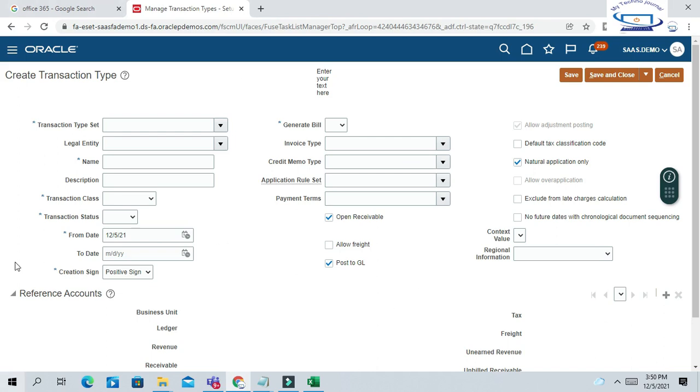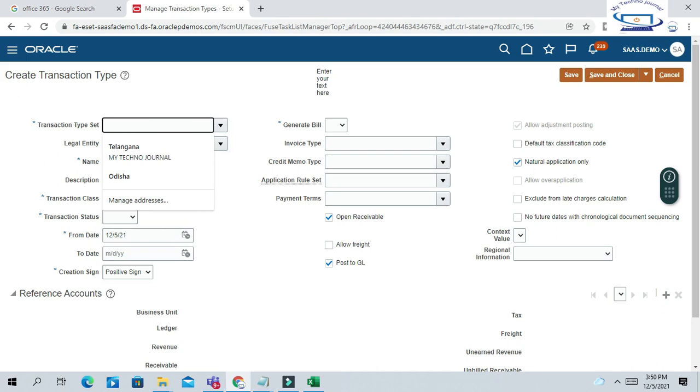We assign them to auto accounting rules or SLA rules to derive the accounting. So it is very important which transaction type is used for which order type. That's why we should link the correct transaction type to the correct order type.